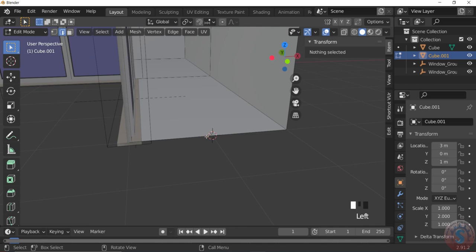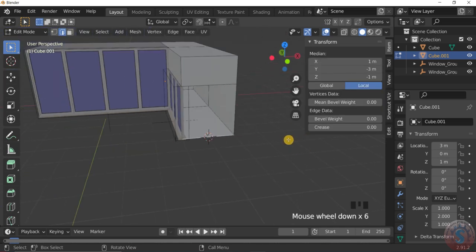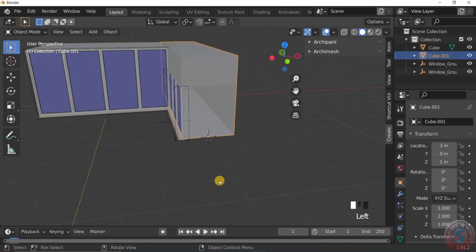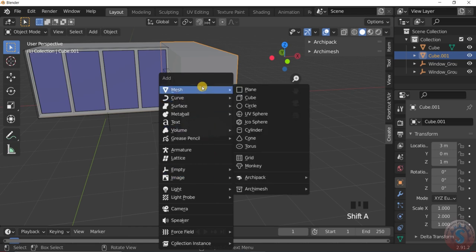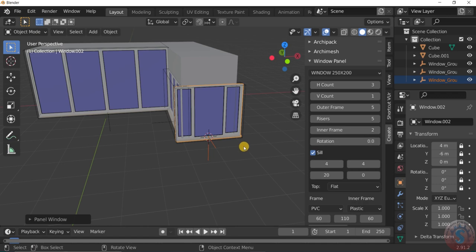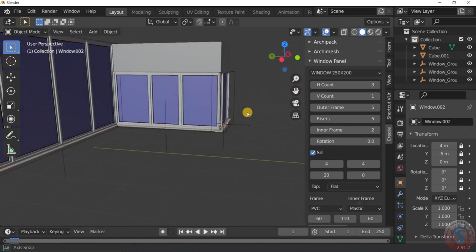Cursor to selected, and go into object mode, Shift A, Archimesh, the panel window. Here the position is okay.